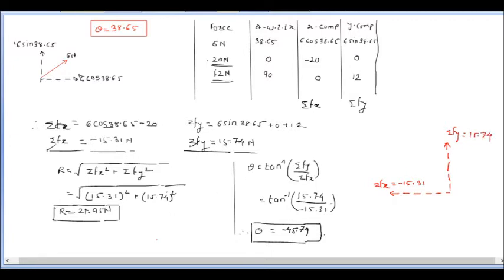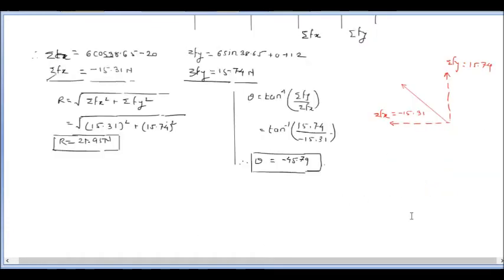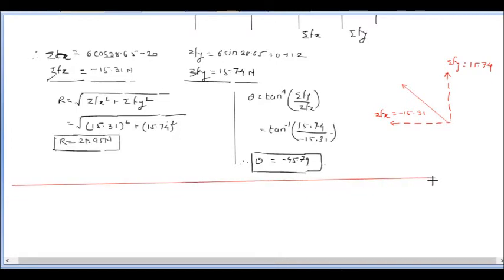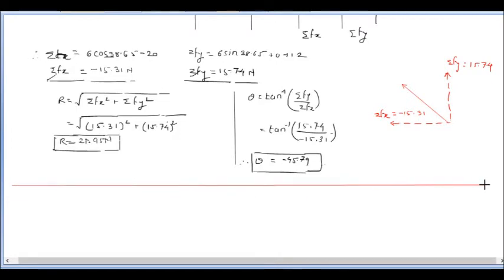So this way our resultant will be located in this quadrant. Now that we have calculated the resultant and located it, and we have calculated the angle of that resultant,